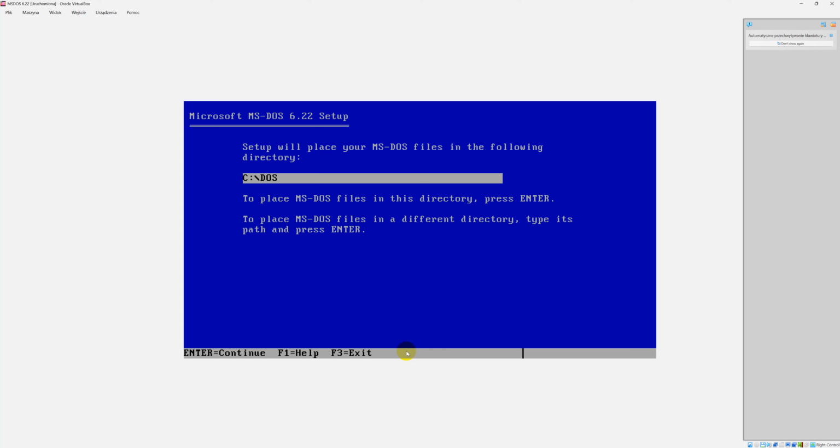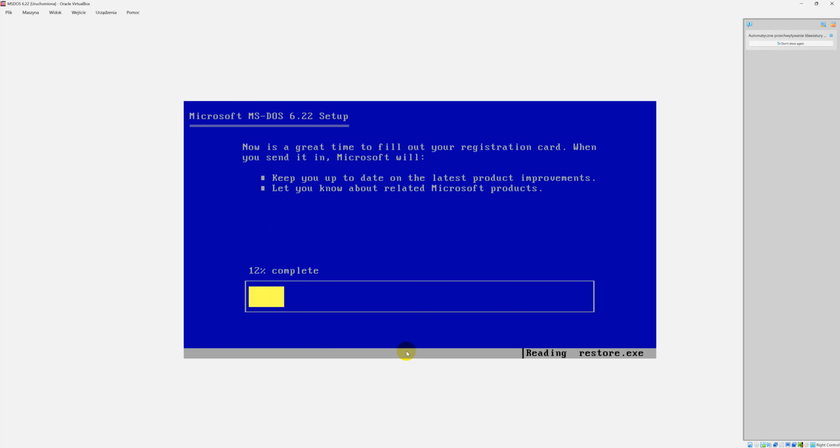After the 8 characters in the name, you have a dot separator, and then you have a 3-letter extension. Yeah, so maximum 8.3. This is the maximum file name size. DOS is the default directory for these operating systems. I press enter, and now you see there is a progress bar, and the system started the